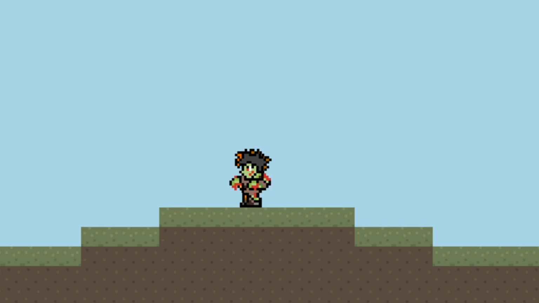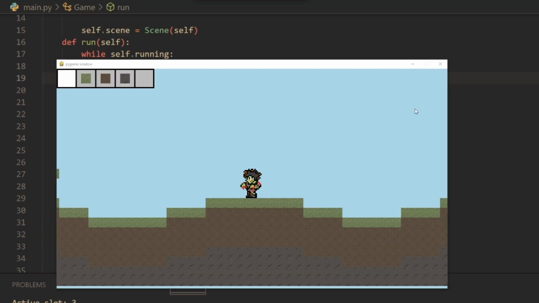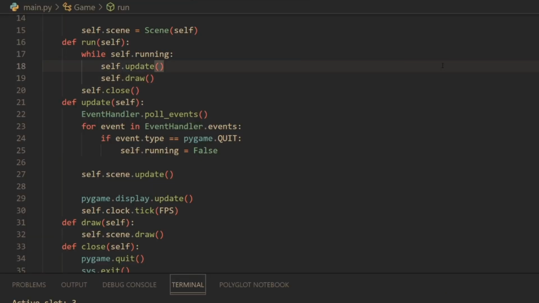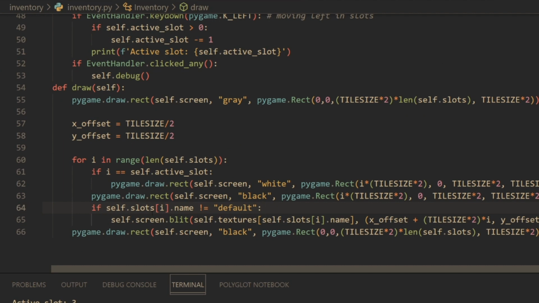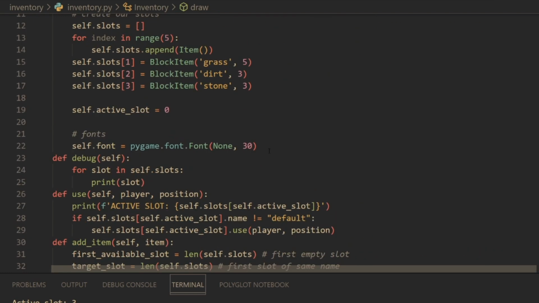One last thing we can add here is the quantity for each block. So let's go back to the inventory, click here, inventory. And what we want to do is only display the text when we actually have text here. So for this, we're going to create a font, and I believe I already did by accident. Let's go ahead and create a font here. So I have this little section called fonts. I'm going to do self.font equals